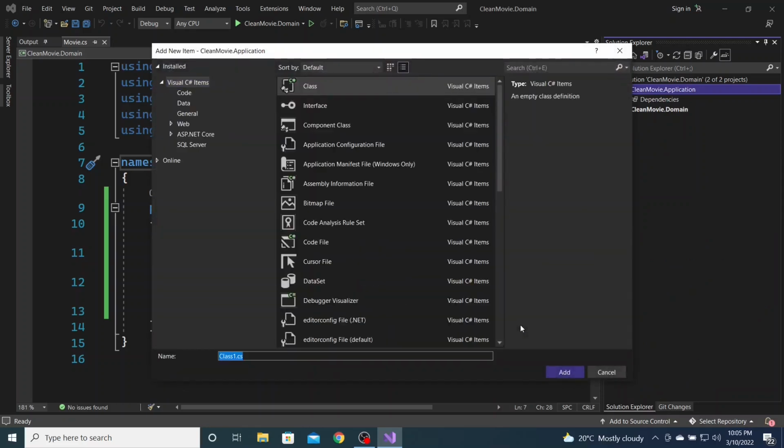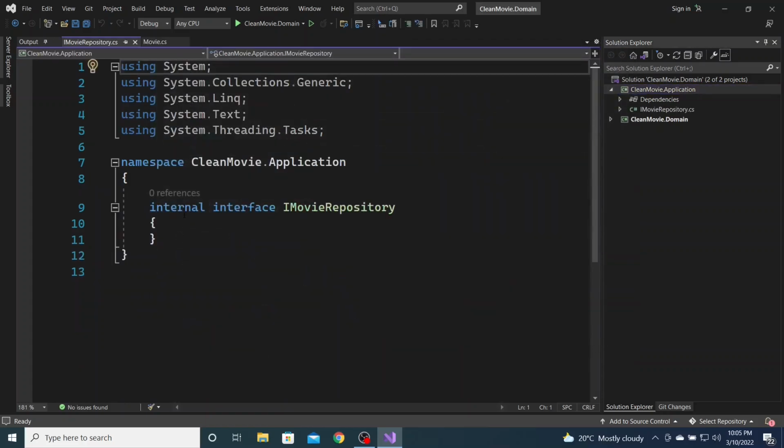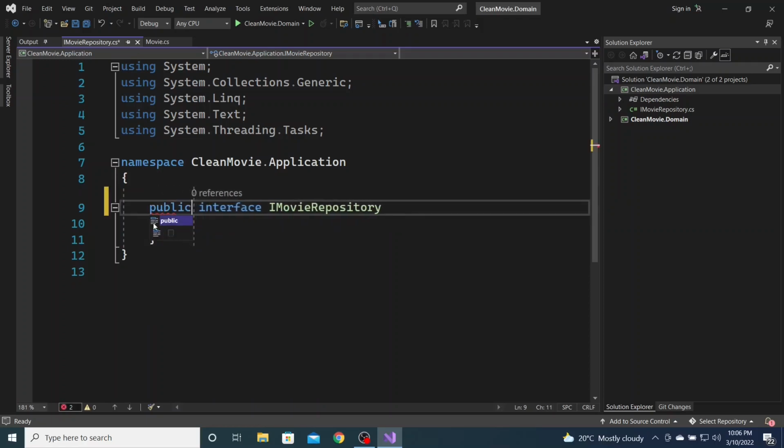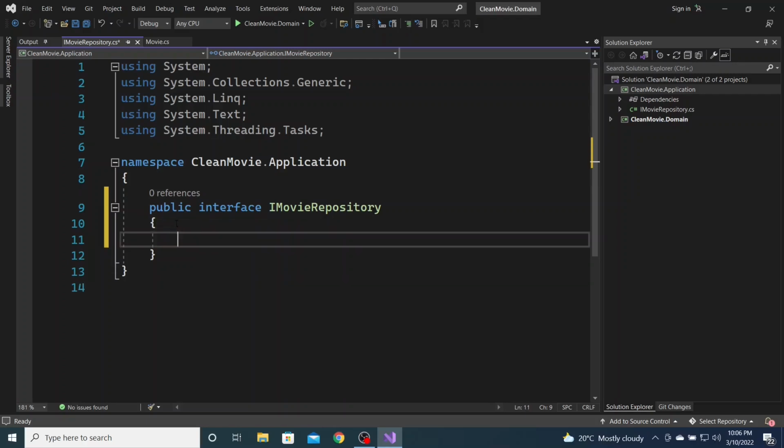We're going to start bringing in an interface. Let's call it an IMovieRepository. All right. So this repository will be concerned with your data access. All right. Unlike the traditional way of building software, whereby you have the repository pattern where you have the implementation plus the interface in one project, in this case, we're not going to have that. And I'll explain why. So let's say for you to see your movies, you have to go